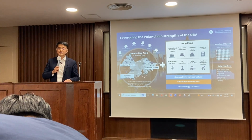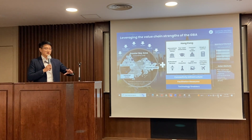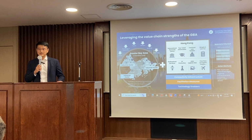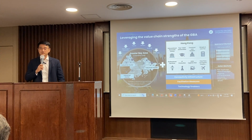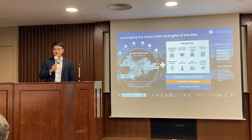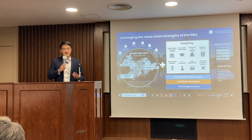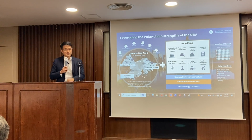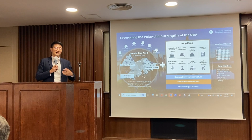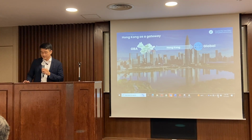Let me give you a few examples of fintech startups in Hong Kong. For example, a digital payment company in Hong Kong works with a Greater Bay Area B2B marketplace to be their payment provider. There are also startups in Hong Kong getting access to VC investors from the Greater Bay Area. So the whole concept of this government guidance on the Greater Bay Area is to encourage such collaboration, so that the mainland partners also want to work with Hong Kong. And similarly, Hong Kong companies will have easier access or more incentives to work with the Greater Bay Area. And each of these cities has its own incentives as well. So it's definitely worth looking through both sides. And lastly, people see Hong Kong as a gateway